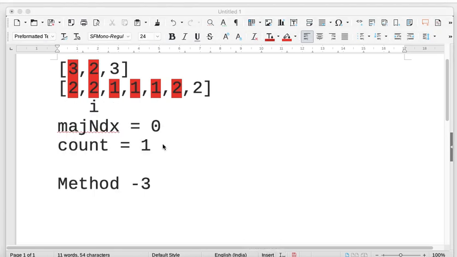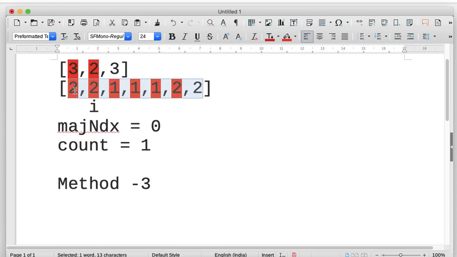So coming back to the question, how can you code this? What we'll do is assume the first one as the majority element here, I mean candidate, and I'll have the index of it here. This majority candidate is present only once, and next I go on iterating through the next elements.